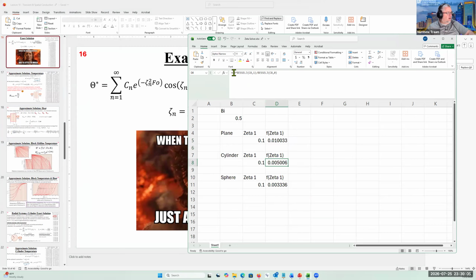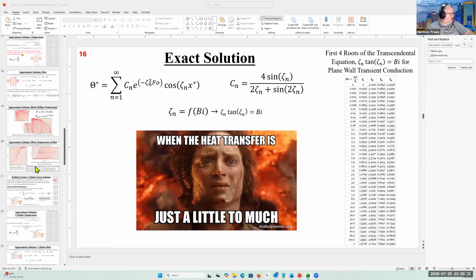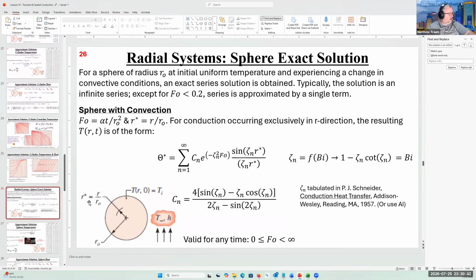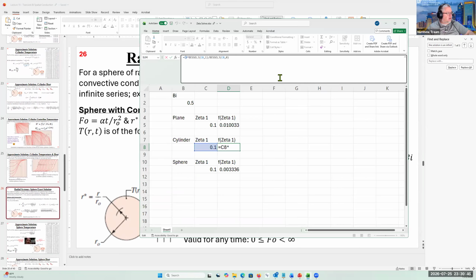For cylinder, notice it's zeta Bessel function of the first type as a function of zeta divided by Bessel function of the 0th type as a function of zeta. So we're looking for zeta Bessel 1 divided by Bessel 0. If we go to my cylinder, zeta Bessel 1 zeta divided by Bessel 0 zeta, right? So that function that I showed you is this function. And then finally, where's my sphere? Okay, so 1 minus zeta cotangent of zeta,